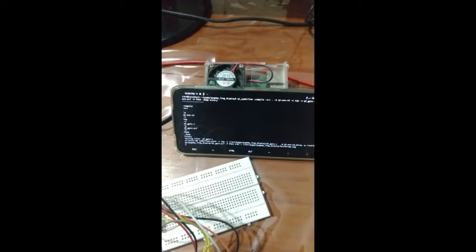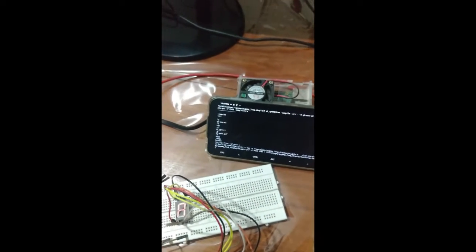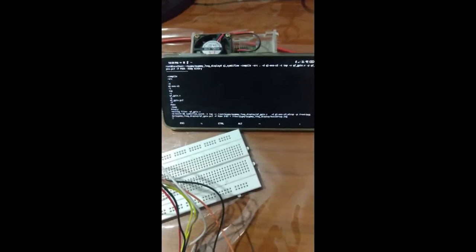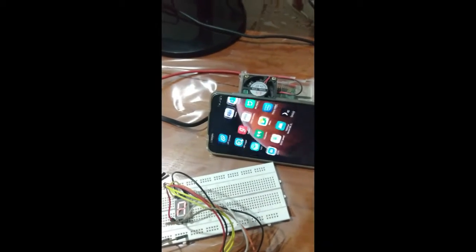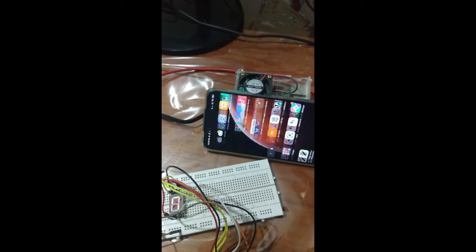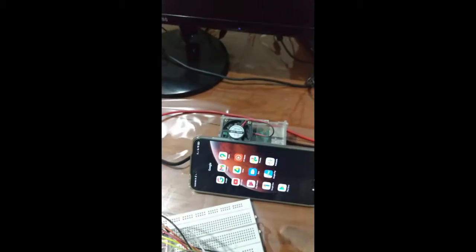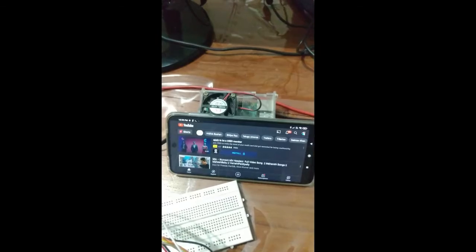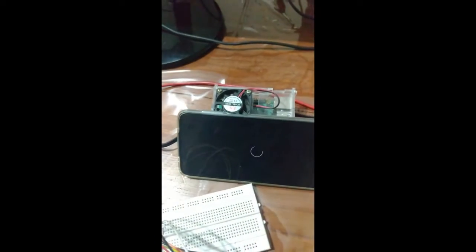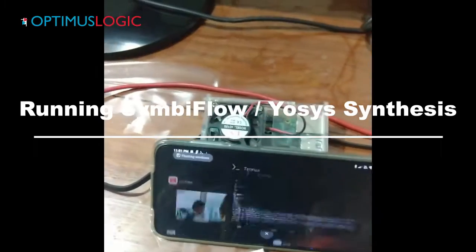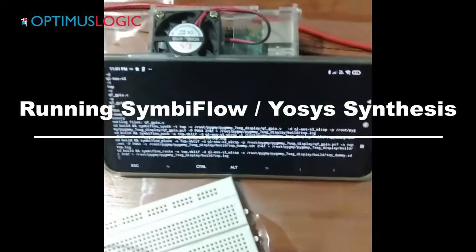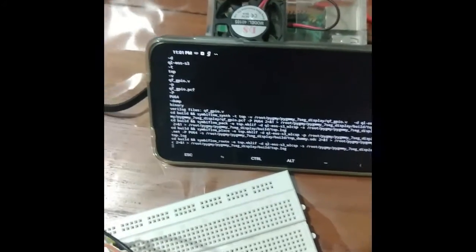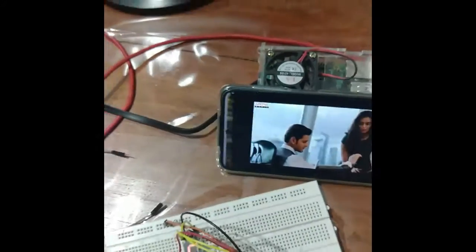So there you go. So the design is being synthesized, and then it will do a place and route, and then you have the bit file. So it will take some time while you can go and enjoy something on YouTube, attend to phone call, or do anything on your phone, right? Okay, so we are now in place and route. It will take a while. Let's enjoy the video again.